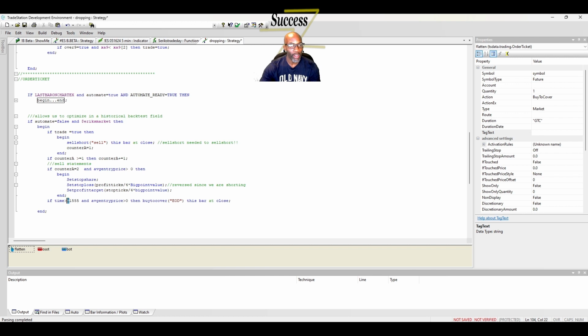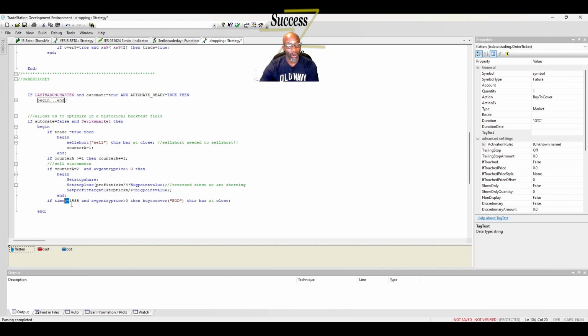And you have to do greater than or equal to, because like I said, if you're on a 1 minute bar, then 15.55 will execute. If you're on a 5 minute bar, 15.55 will execute. If you're on a 15 minute bar, 15.55 won't execute because it's not a normal multiple of 15. You would have 15, 30, 45, 60, or 0. If you're on a 2 minute bar, 15.55 will not execute. So you need to